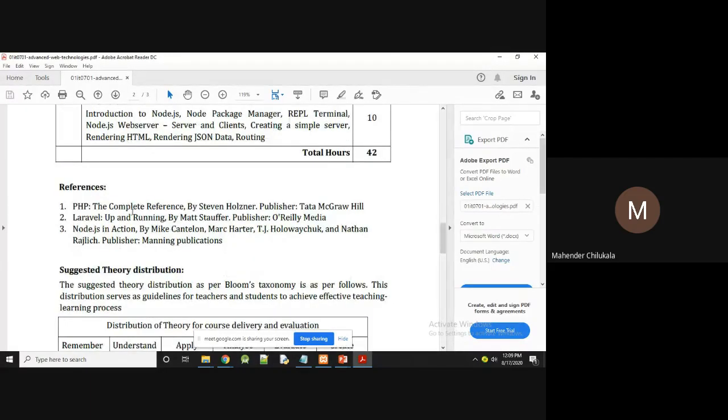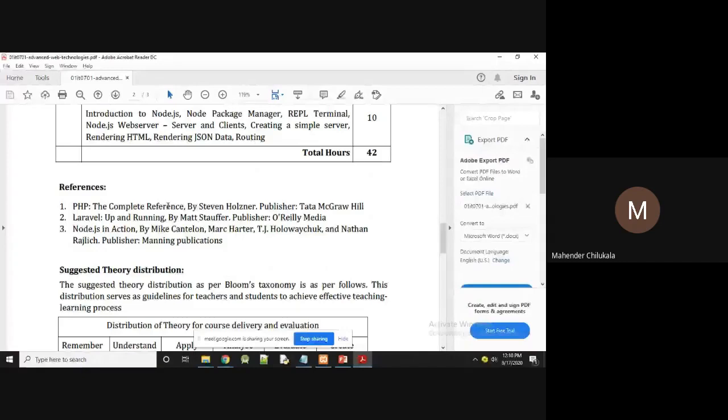These are the reference books for PHP. This book is available in the library, but this book is not available, and this is also not available.